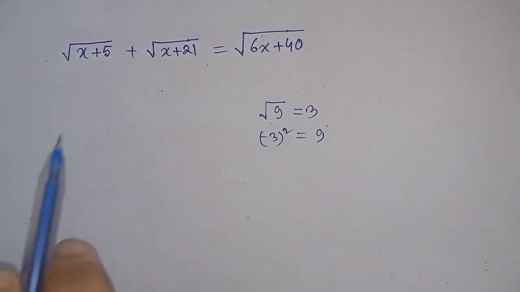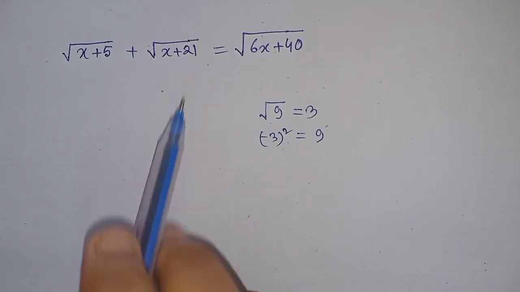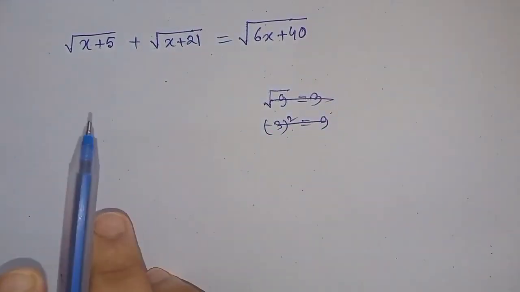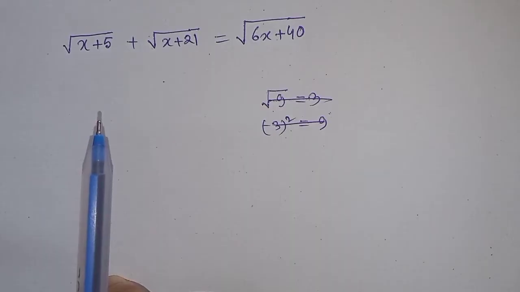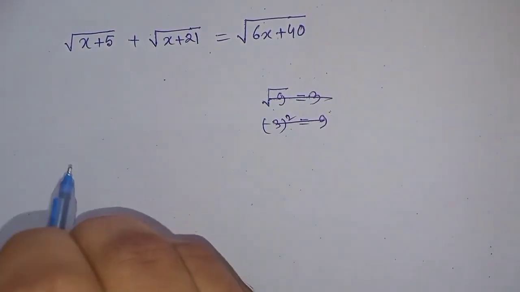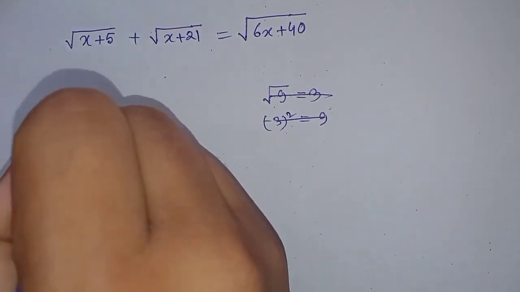So let us consider this example. To solve this question, we have to square both sides of this equation. We will square, but at the end we will verify whether the solutions that we get are really the solutions to this equation or not, because some of them may be extraneous solutions. So let me proceed. Squaring both sides of this equation, I get